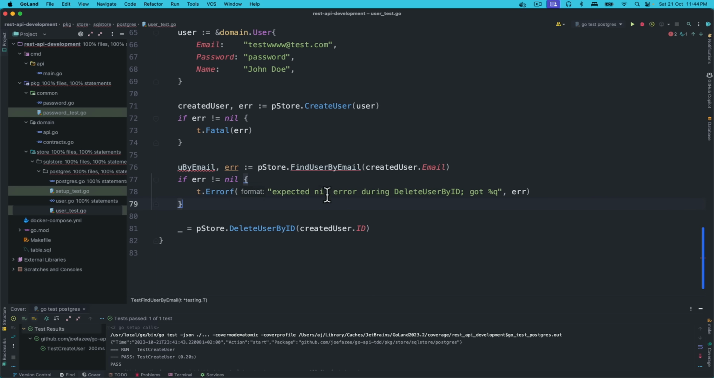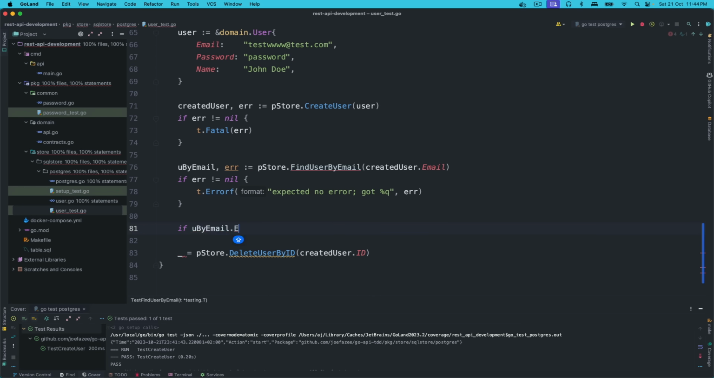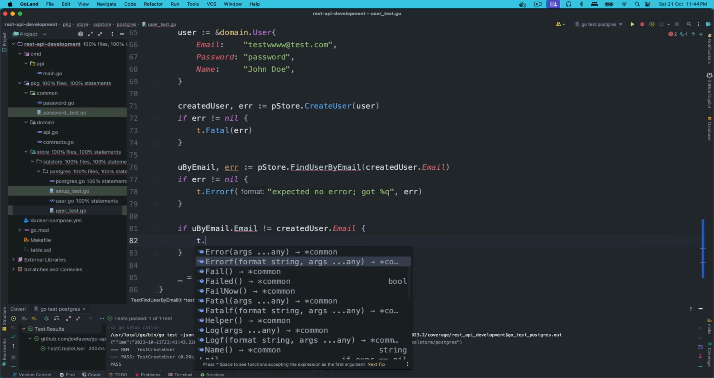So if error is not expected, if error is not expected, expected no error. Got this, right? If this happens, then we are good, honestly. And then I'll just check that if user.email, this user, is not equal to this, that means we got a different user, which shouldn't be, right? But who knows? t.error